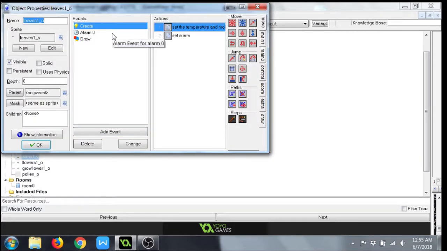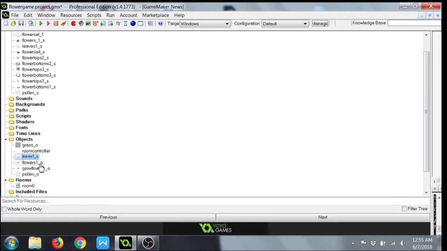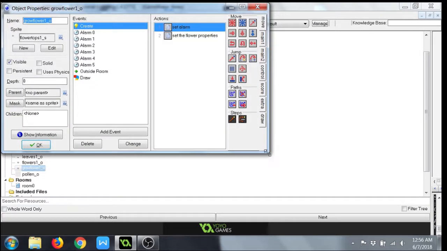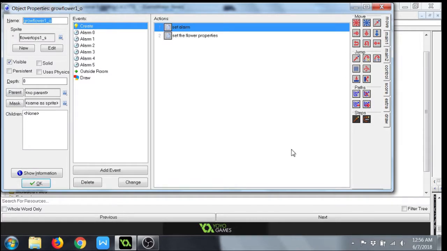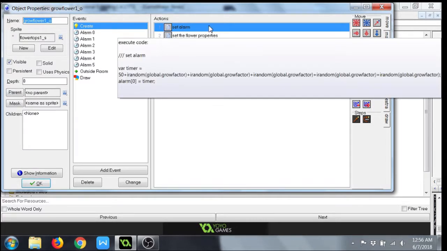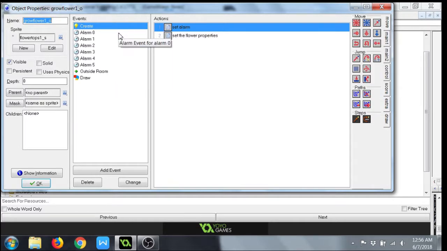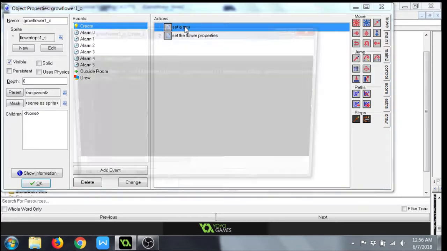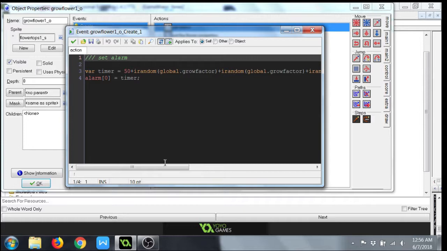Let's look at the leaves briefly. Oh no, leaves are no longer used, flowers 1 is no longer used, grow flower is where we're at. So, we create a new flower. We're going to set an alarm, alarm 0, and it's based on this complicated looking timer, which is really just saying, based on this, it's going to wait at least 50 steps,